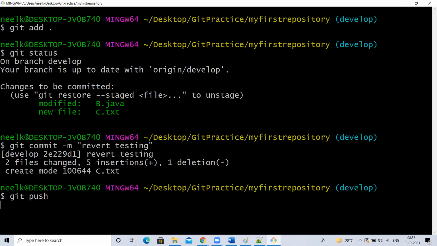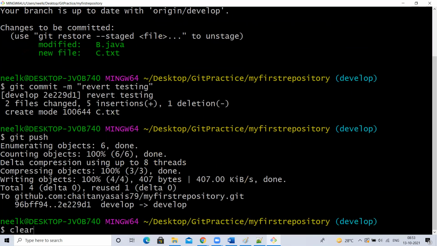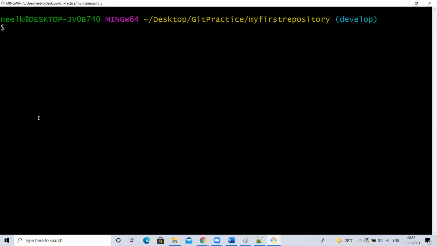So if I make a commit, is push mandatory? Do I need to use push after committing into my local? Not an issue. If you want to see your local committed changes in your GitHub, you can use push. But if you don't want, you can leave it. But next time when you push, at least it will push that. I made 10 commits. I haven't pushed all the 10 commits. 11th time I committed. Now if I push, all 11 commits will be pushed to GitHub. So it doesn't mean that for every commit we need to use push. You can make 100 commits, and after 100 commits, if you use push, all 100 commits will be pushed to your GitHub.